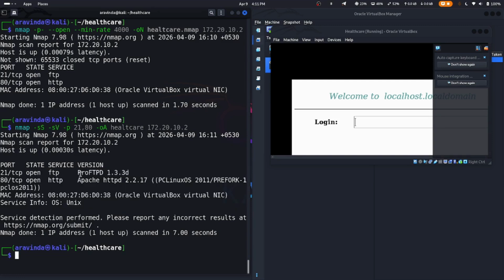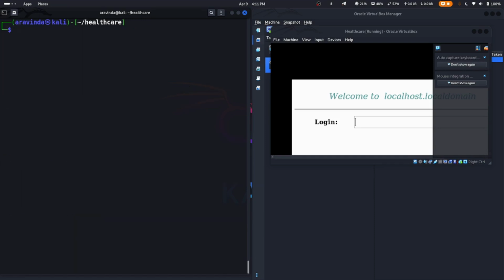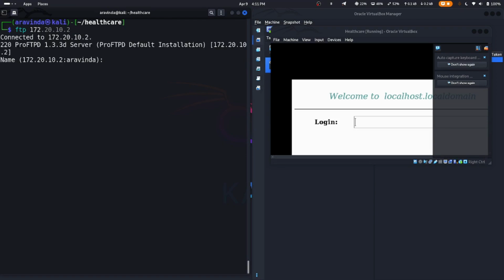and we find the service version of both of these ports, which is ProFTPD 1.3.3d and Apache httpd 2.2.17. So we find the service version. I mean, they might be vulnerable to any of the existing exploits, but we will show an alternate attack method in this video. So let's try FTP anonymous login, and let's do anonymous and specify any password,